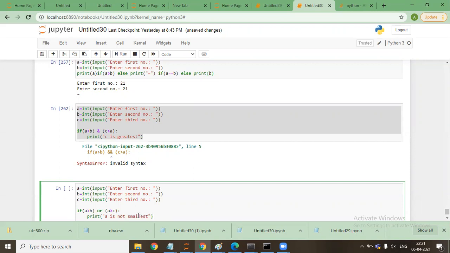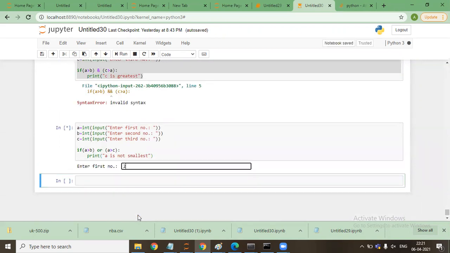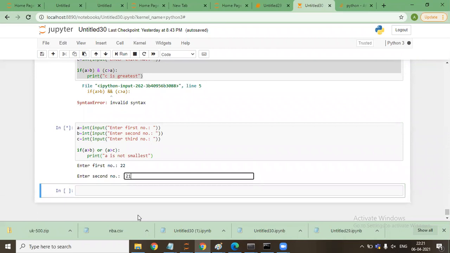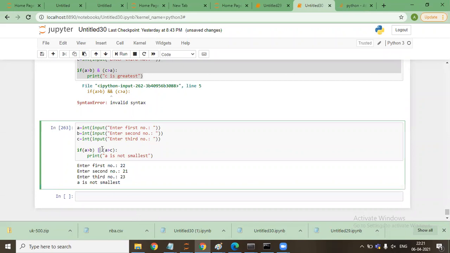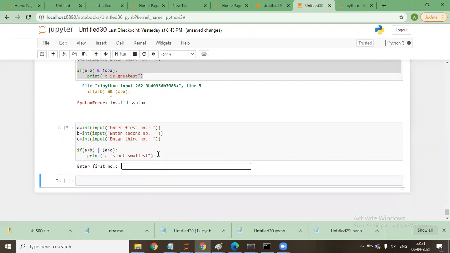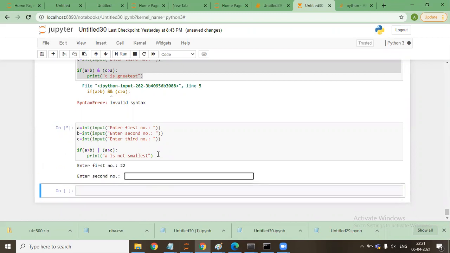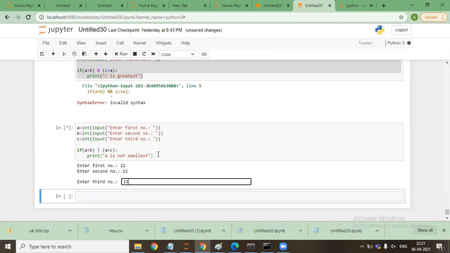That's an example. First number 22, I'll say 21, I'll say 3. It says A is not smallest number. That's the use of OR. Instead of this OR, if I specify this pipe, then see what happens. 22, 21, 23. Then also it works. So the condition for OR is either the pipe or the OR statement that we use.